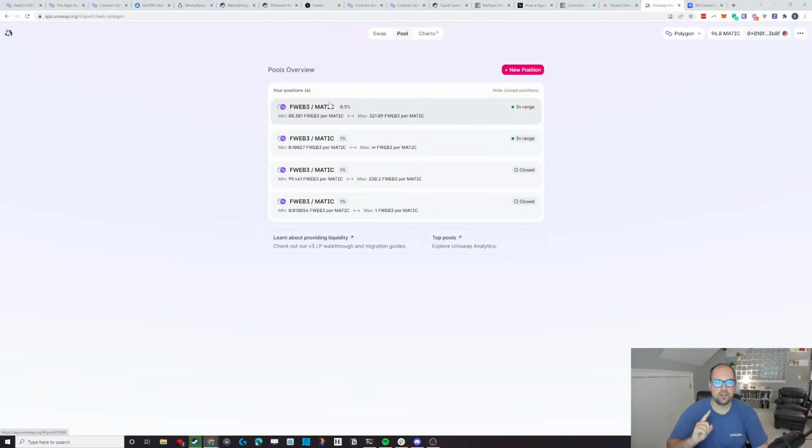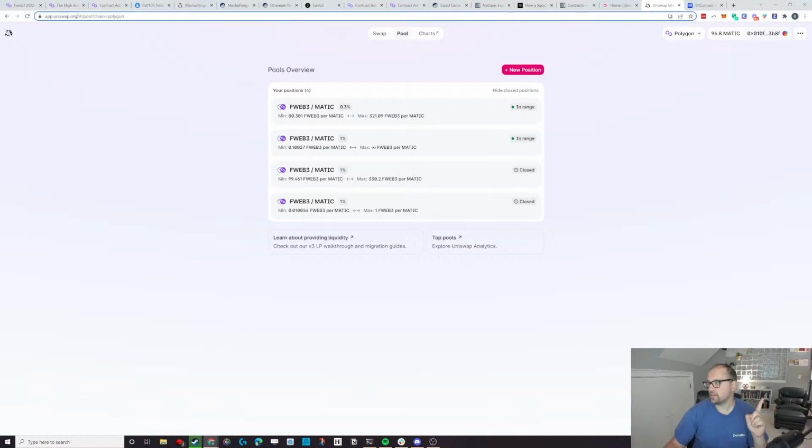And why is that? Well, the reason it's highly illiquid is that there's not a lot of things you can exchange. For example, Ethereum is highly liquid because there are many, many different things you can switch Ethereum for. I can go into Ethereum and Matic pairs, Ethereum and Bitcoin, Ethereum and Cosmos, and so on. So there are lots of different ways I can trade out of my Ethereum into something else. Versus FWEB3, which only has one way you can trade out, only on Matic. And there's only one exchange right now in the world that you can do this,